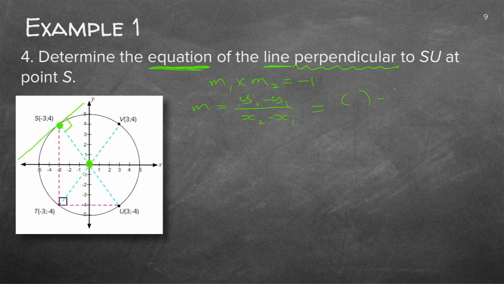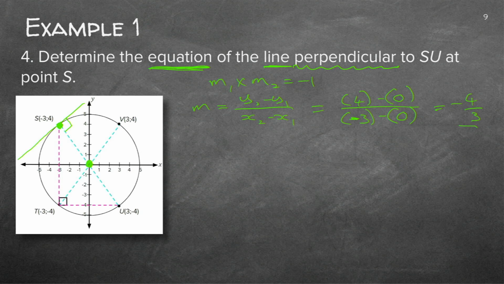Now I'm just going to do my empty brackets. And I'm just going to use the origin as my x1 and y1. So I'm not going to even number it. I'm just going to say y2 is 4 minus 0. x2 is minus 3 minus 0. And that gives me the answer of minus 4/3. Remember what we also said previously? At the moment, the minus is at the bottom here. But we don't like minuses at the bottom because the counter is the top figure. So we rather put the minus on the top.